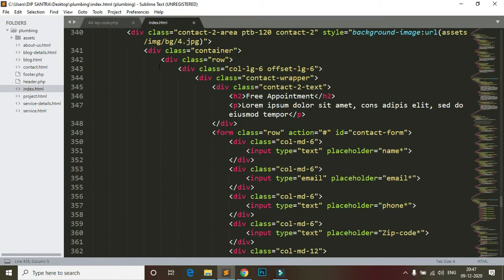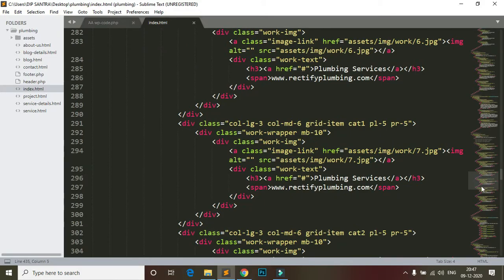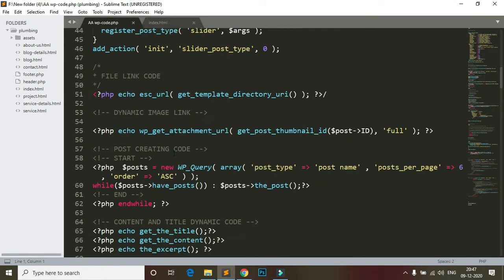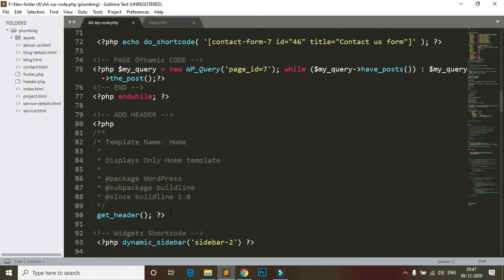Then I save it as home.php. I created a template for home, so I need this code.